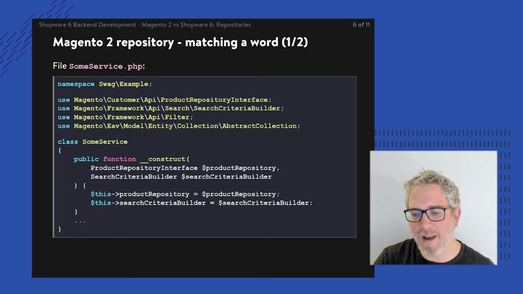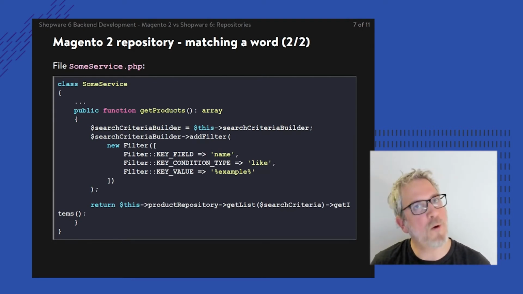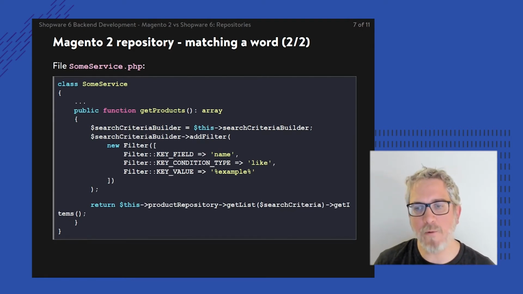Now, once that's being done, I can use those two dependencies within the rest of the code. And the whole goal is to call upon that method getList within the product repository. However, that getList method is actually expecting an argument of type search criteria, and I'm using the search criteria builder to build that search criteria.